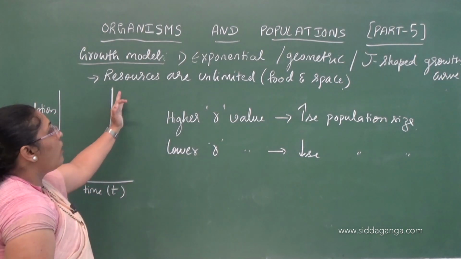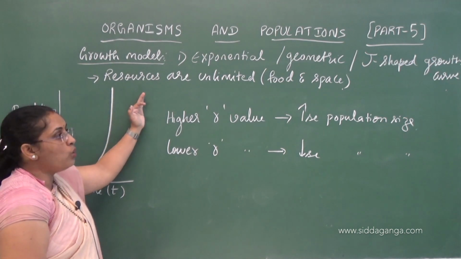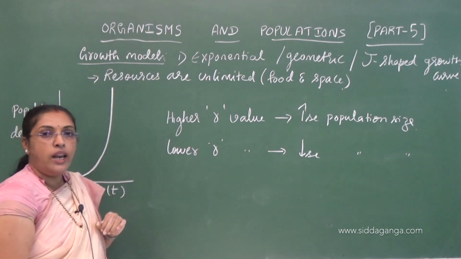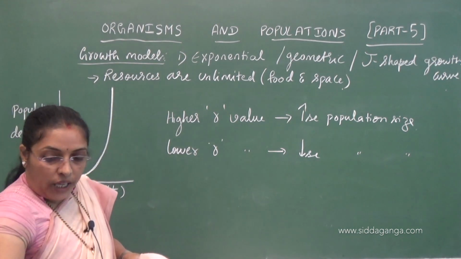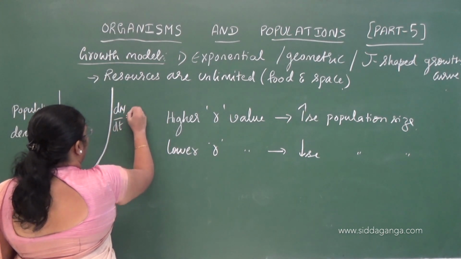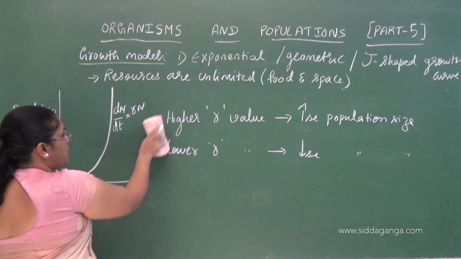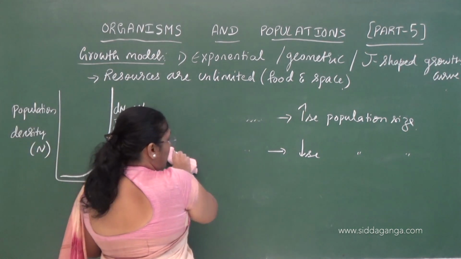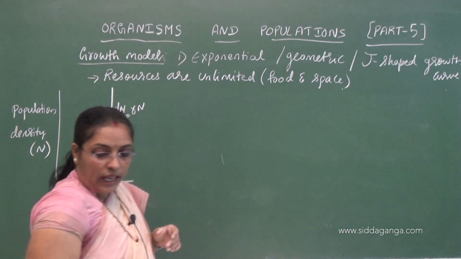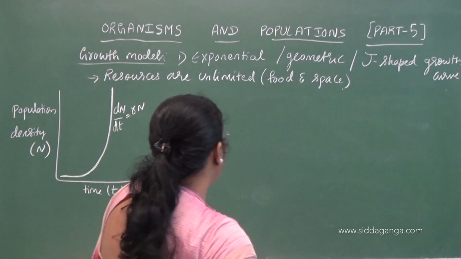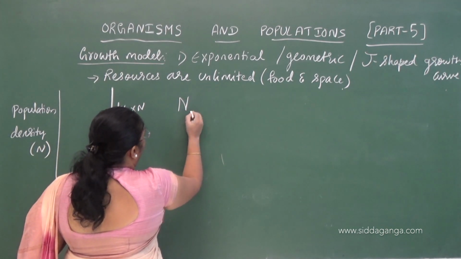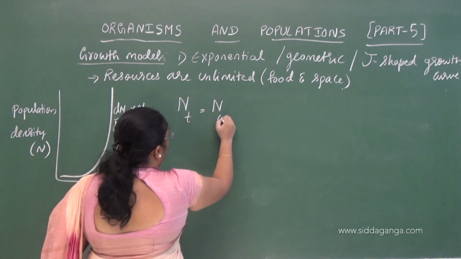This is about the exponential or geometric growth or J-shaped growth curve. This we get when resources are unlimited. The equation of this, dN by dt equals RN, is also written in the integral form of the equation. If you know basic calculus, we can write this equation in the integral form also, that is Nt equals,